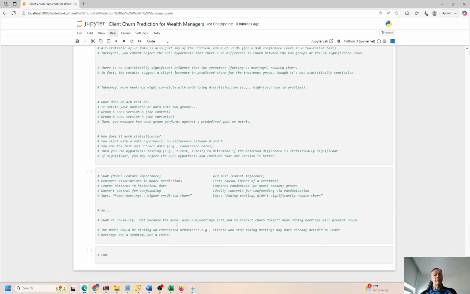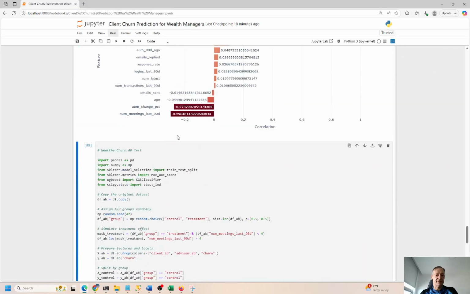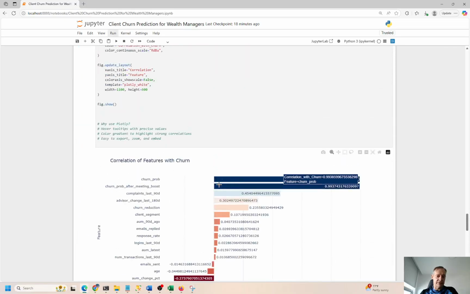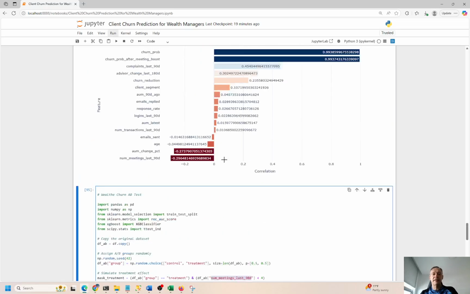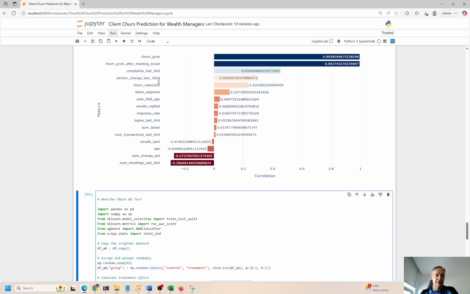But if you look closely, we kind of got different outcomes here, right? So here, statistically, we said, okay, there's a churn probability. We're going to ignore the churn because it's a high correlation between churn probability and churn. It's almost perfect, 100%. But if you look at complaints in the last 90 days, that should be an indicator of whether or not somebody is leaving, right? And we are measuring the number of meetings in the last 90 days. So we see that over here. Where's the number of meetings?